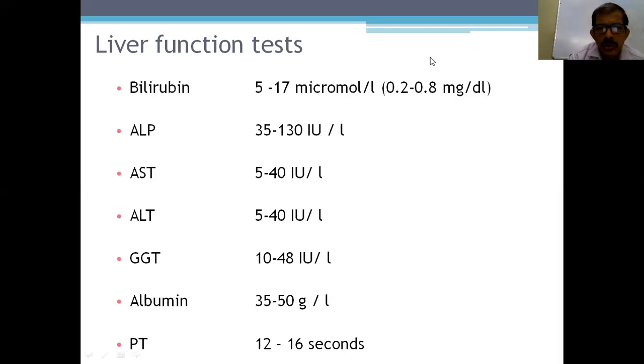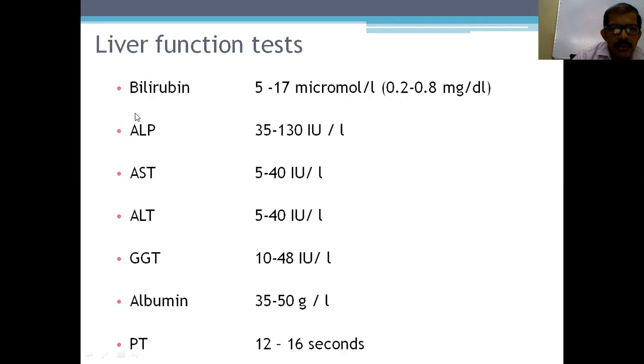Maybe in medicine they might have told you so, but we believe in surgery anything more than 2 is jaundice, so you just verify it. Oh, more than 10, who is this gentleman or woman? More than 10, that is absolutely wrong, so don't bother about that. So in surgery we take anything more than 2 as jaundice, but you verify it with medical counterparts. But normal level is only 0.2 to 0.8.